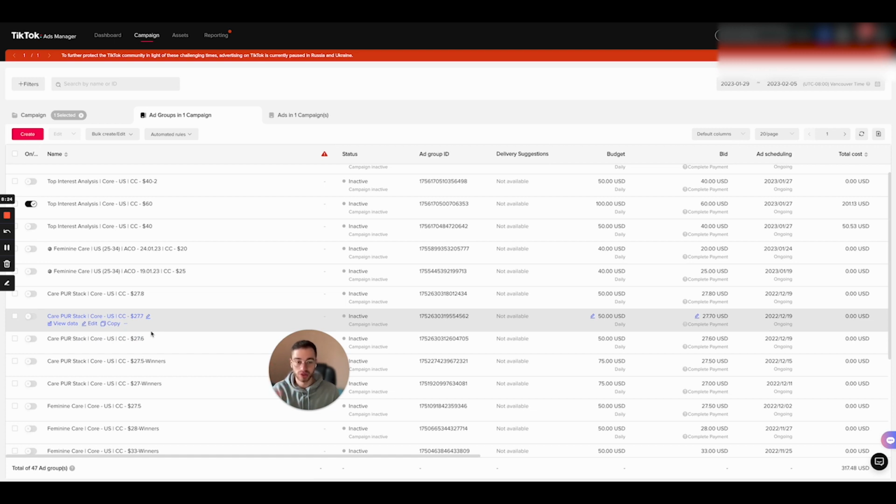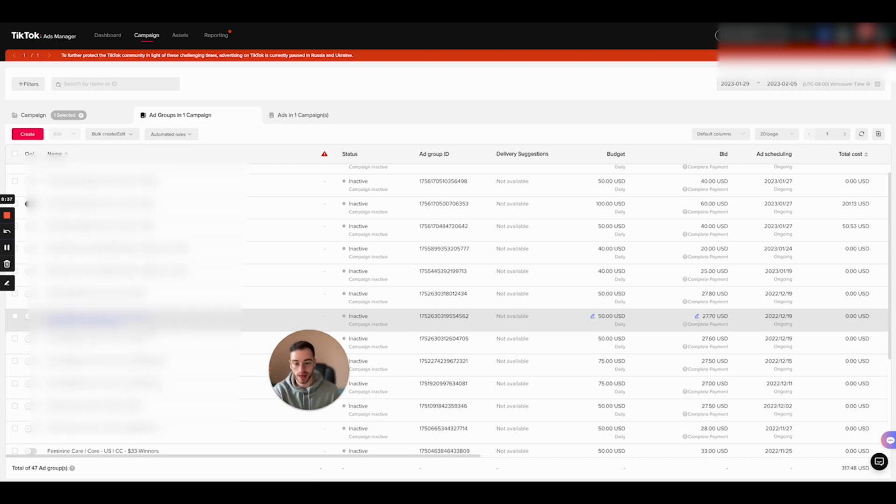Then what I like to do is duplicate the number 1 winning creative in a mean ROAS campaign, so I can squeeze even more out of it, push it in a whole different way, and hit different segments as well. My go-to first manual bidding is always cost caps, and then I'll go into the mean ROAS campaign as well. So these are 4 ways I like to scale.